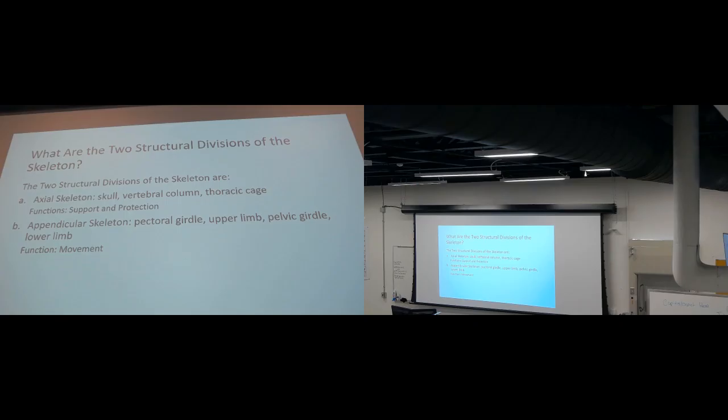This is the most protective skeleton that we have. Why? Because it protects the brain, spinal cord, lungs, heart, and great blood vessels. Appendicular skeleton function is movement. We have it in the upper limbs, lower limbs, and also in the pectoral girdle, which is made by the